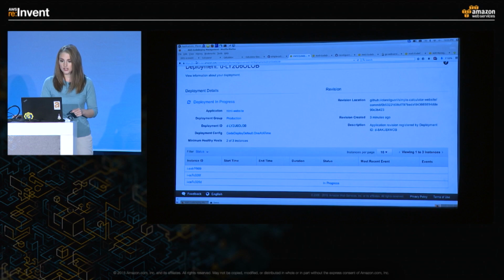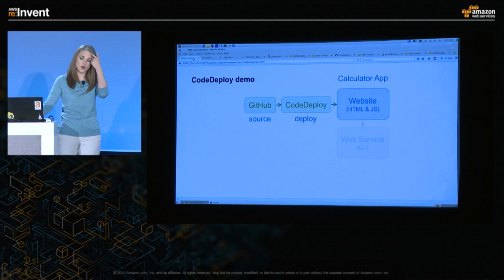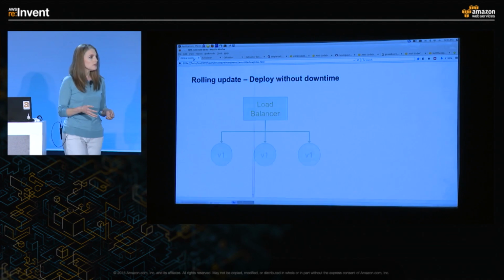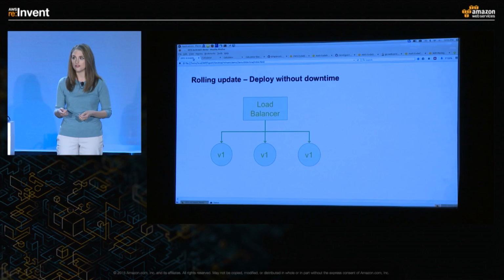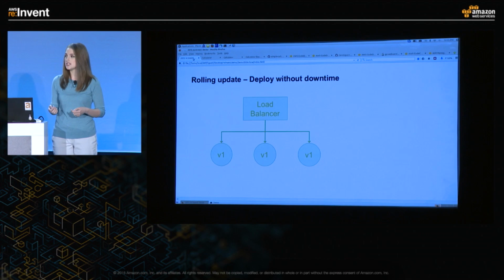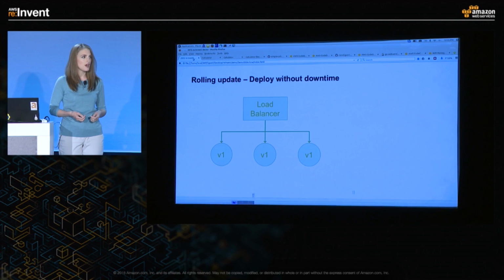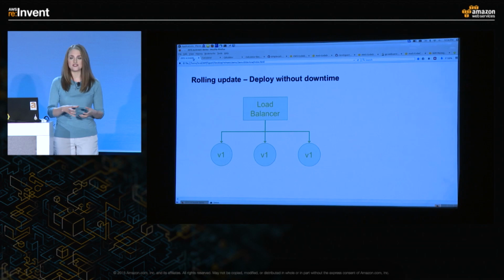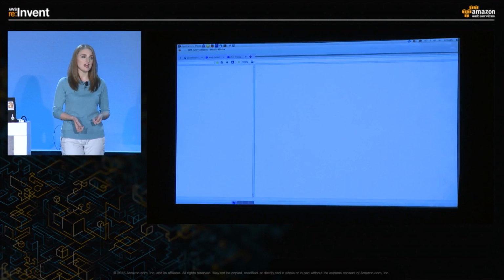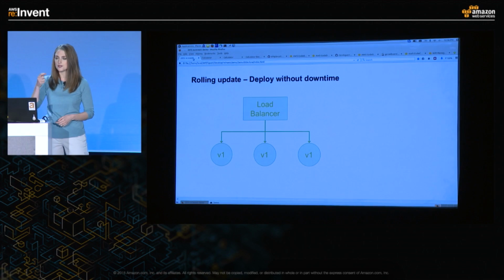I'm going to let that run for a little bit, and I want to go back and talk about some of the features that Rob talked about and give you a better visual of those. Rob talks a little bit about how we do rolling updates with Apollo for the Amazon.com website. And CodeDeploy has the same feature, so you can actually deploy without downtime. We talked about bringing down the web server, installing all those files, and then bringing them back up. We obviously don't want any downtime for our production site. That's probably fine for tests where we have that single instance, but we want our customers to always be able